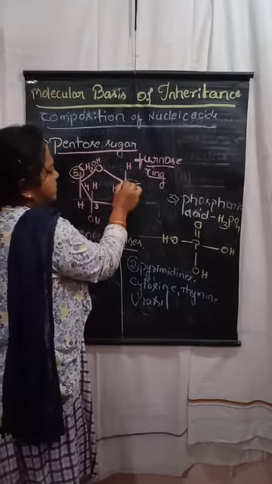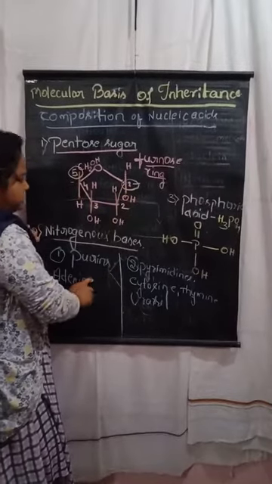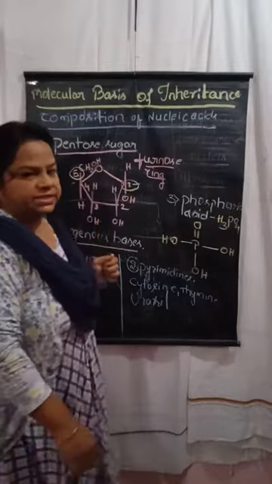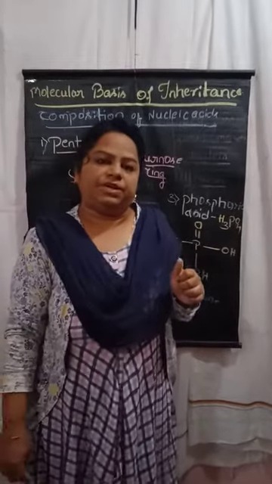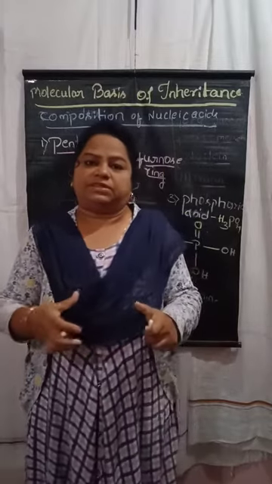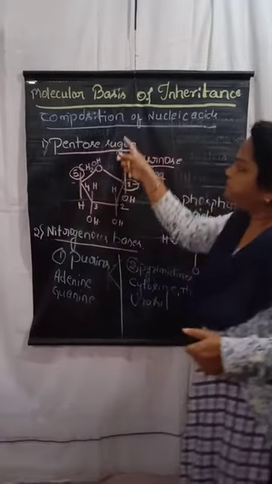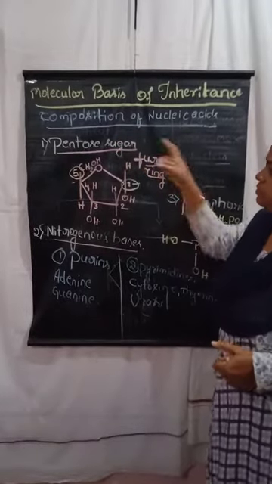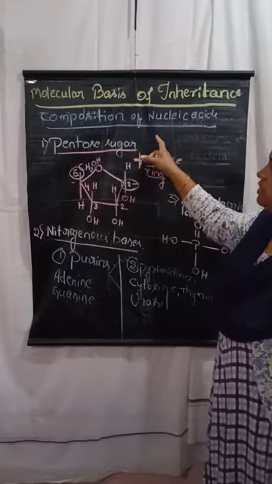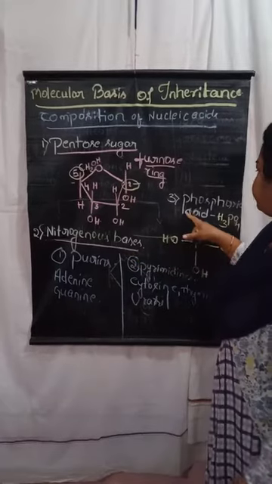The nitrogenous base is attached to the first carbon. The phosphoric acid group is attached to the fifth carbon. So this is the chemical composition of the nucleic acids. Once again I will repeat, the composition of the nucleic acids: pentose sugar, nitrogenous base, and also